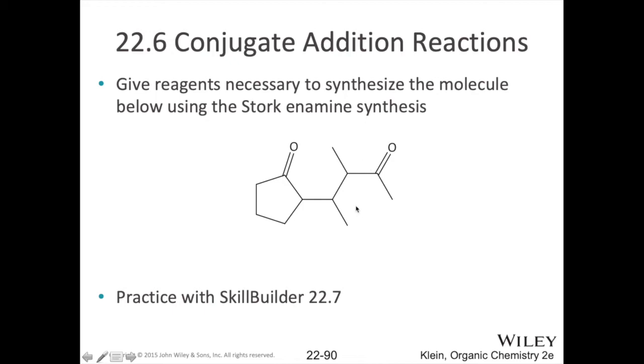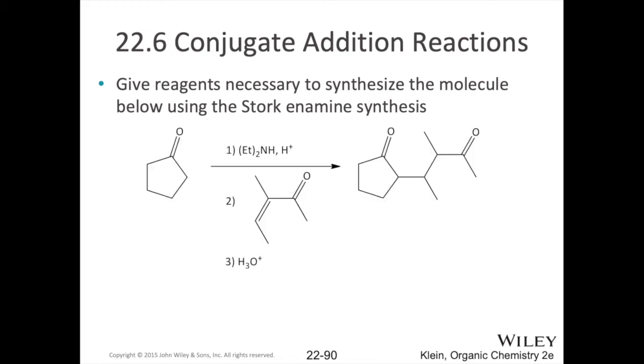Break this down and ask yourself which one could be converted to your enamine, and what's your Michael acceptor here. All right, so here's the reaction. You can see if we look at our two carbonyls, for each carbonyl we've got an alpha carbon here and an alpha carbon here. So it makes sense that you'd want to have your